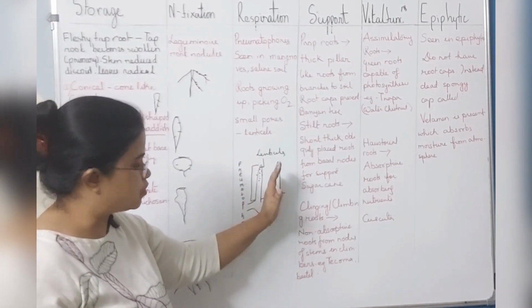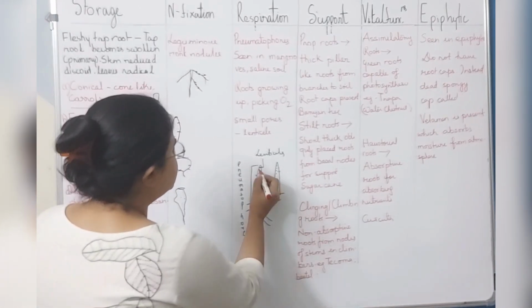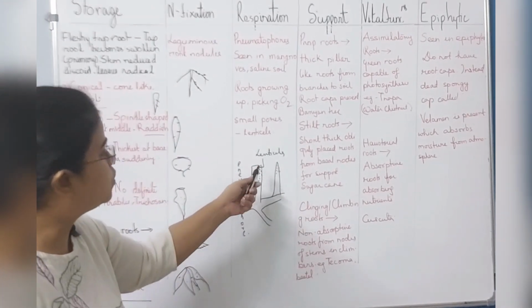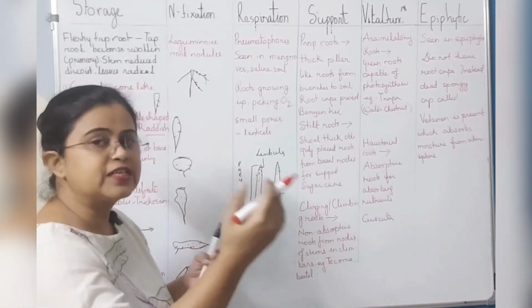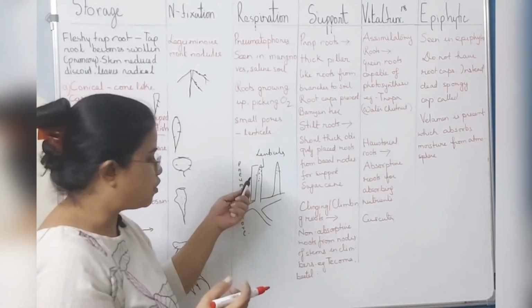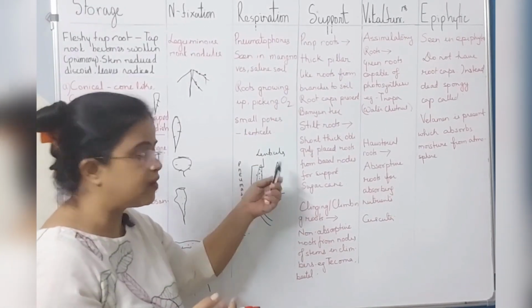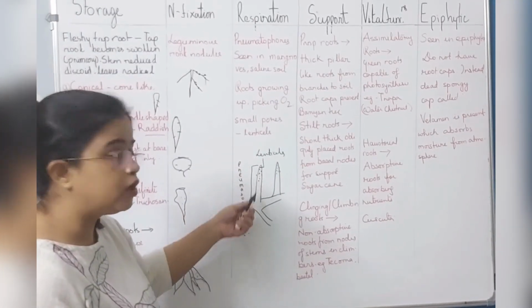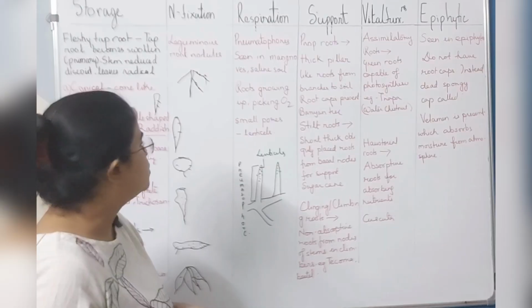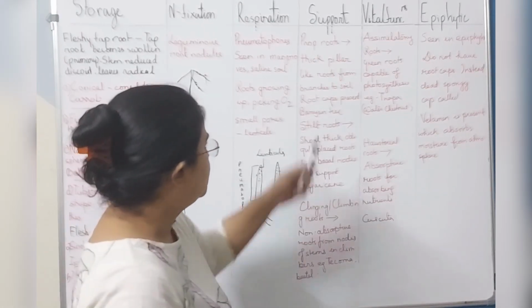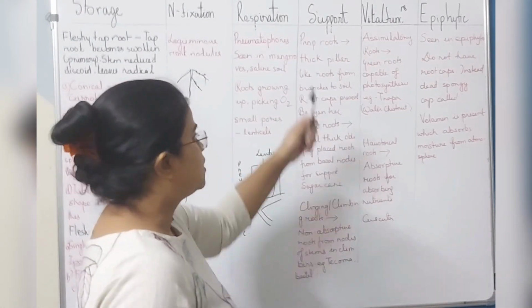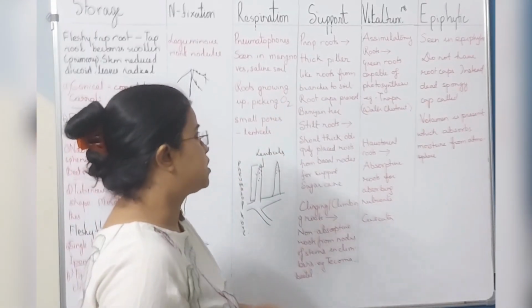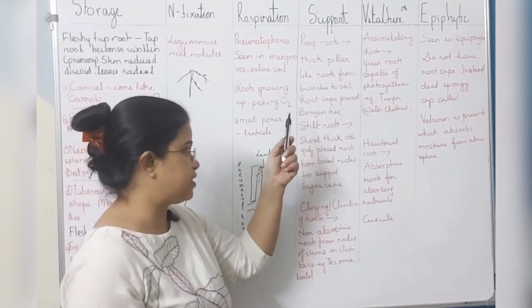छोटे छोटे यूं structures होते हैं, and they bear these pores at the tip. These pores are called lenticels, and they do the job of exchanging the gases. They absorb oxygen from the atmosphere and also give out the carbon dioxide जब इनको देना होता है. And this structure is called pneumatophore. Clear? फिर for support, सबसे पहले हम शुरू करते हैं बनियान ट्री से. Prop roots, thick pillar-like roots from branches